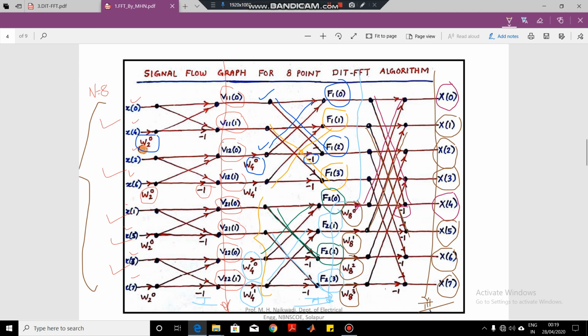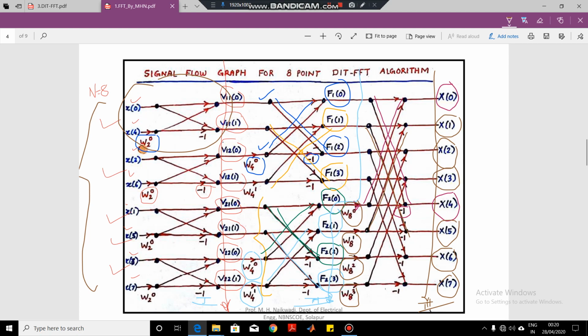Okay, so the basic important thing is the first stage, the first butterfly output. These are very important. Once you get the output of the first butterfly, later on you have to go on combining these. So whenever we are doing this, we should first draw the signal flow graph correctly. If you draw the signal flow diagram correctly, then doing the calculations is very easy. That we will see in the numerical, where we will understand how to do the calculations and how to combine these butterflies in order to get the output.